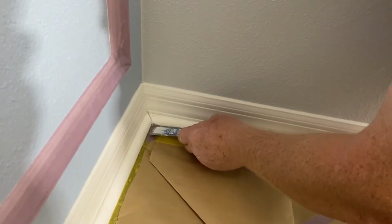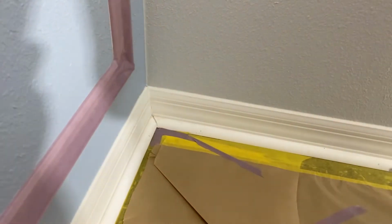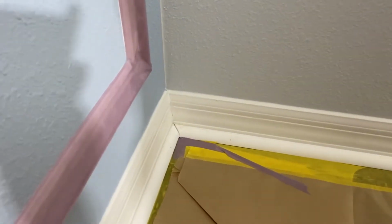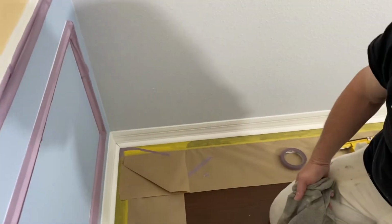What happens is the tape keeps sticking to my tool. Alright, I'm covered now, but that was a pain, as you can see. But I'm glad it happened on video, so you understand. The last tip I want to give you is